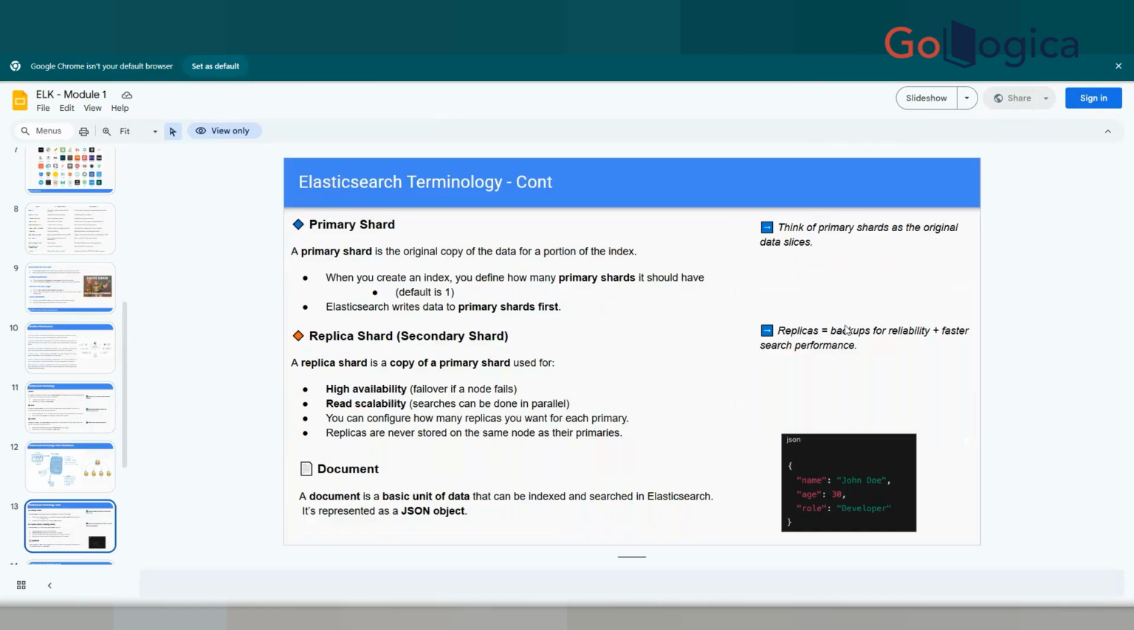And again, the shard also has two different kinds of attributes. We have something called a primary shard, and we also have something called a replica shard. Primary shard is nothing but the original copy of the data. Replica shard, or the secondary shard, is a copy of the data. So usually people tend to achieve scalability in two different ways, either by adding multiple nodes, which can do the computation, or having multiple